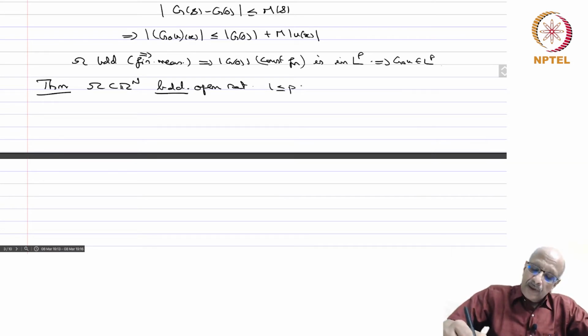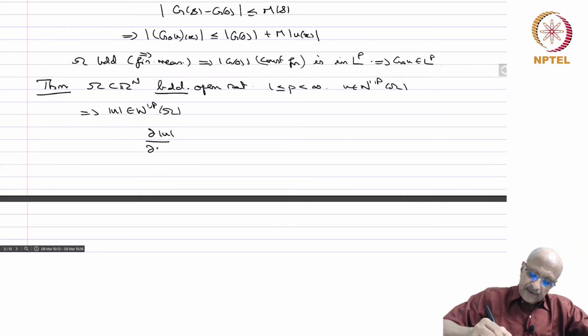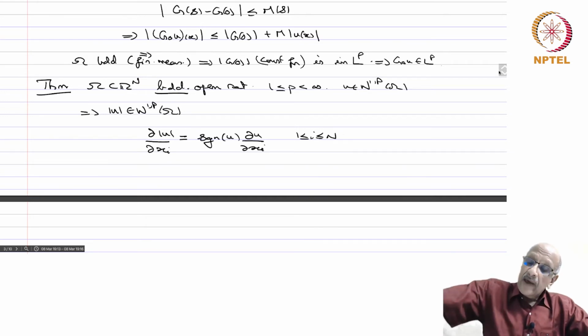For 1 ≤ p < ∞, u in W^{1,p}(Ω) implies |u| is also in W^{1,p}(Ω), and d|u|/dx_i equals sgn(u) du/dx_i, for 1 ≤ i ≤ n, where